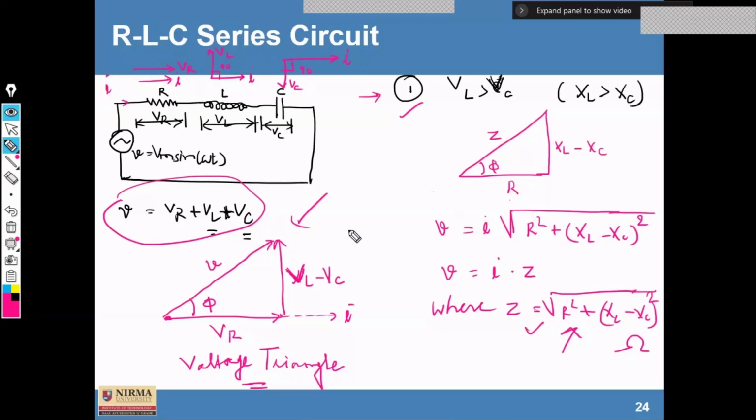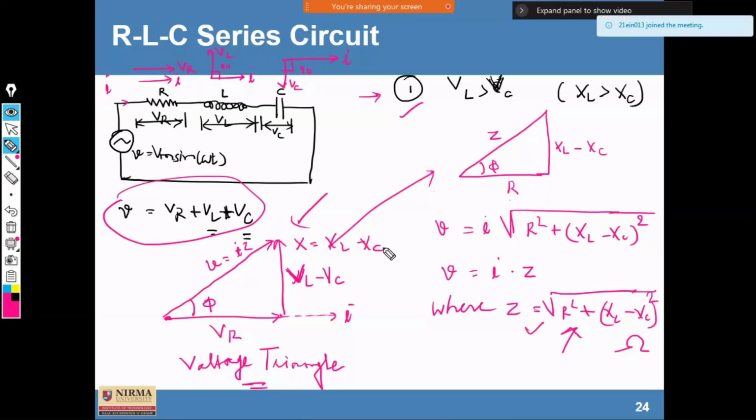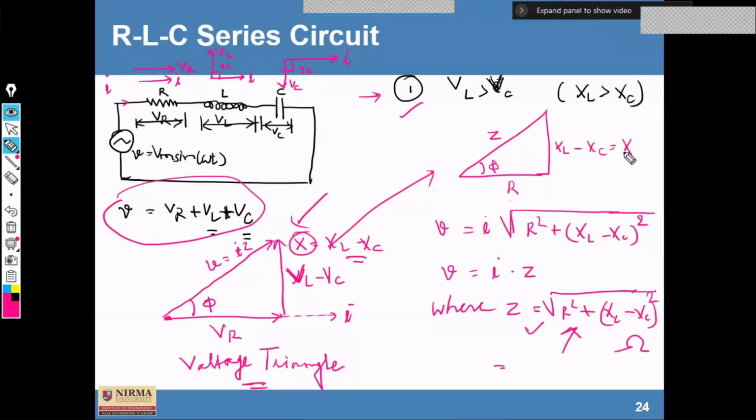So this can be derived from this equation because we know that V is equal to IZ now, and here V is the difference of VL minus VC. So we can write X. X is the net reactance. X is the net reactance, that can be written as XL minus XC. Fine. So the difference is known as net reactance X. We can replace this XL minus XC is equal to X here. That is the net reactance of the RLC series circuit, and we can represent it like this.